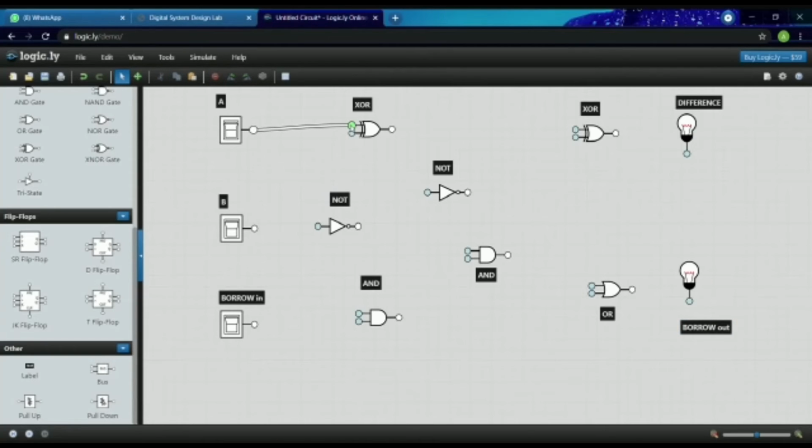We're going to connect A to XOR, connect A to the NOT. We're going to connect B to the XOR, and connect B to the AND. And we are going to connect borrow in all the way to the XOR. We are going to connect borrow in